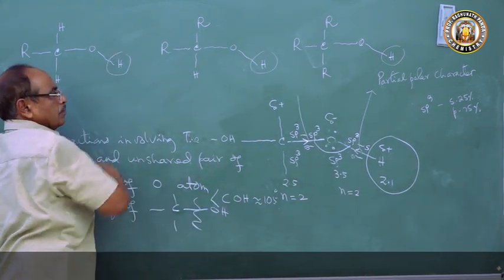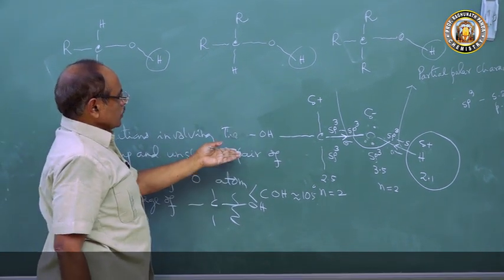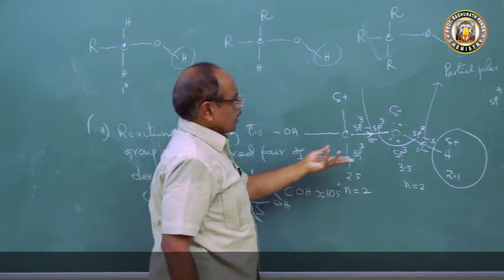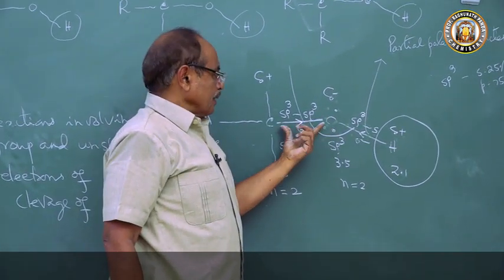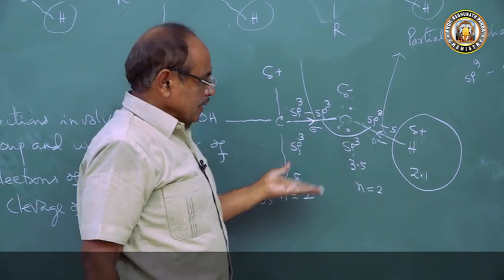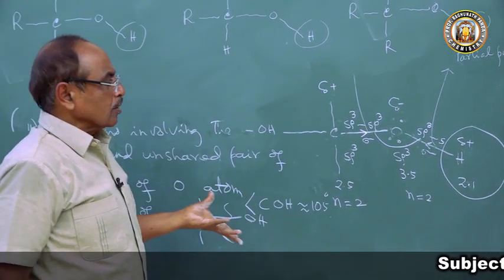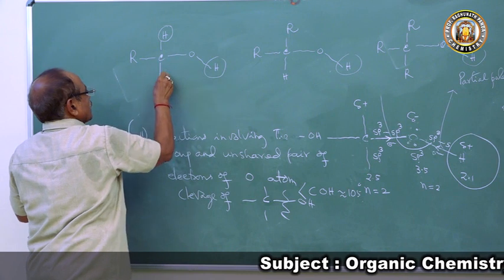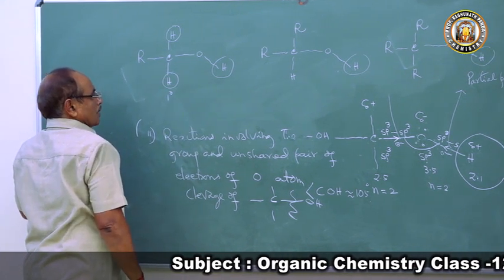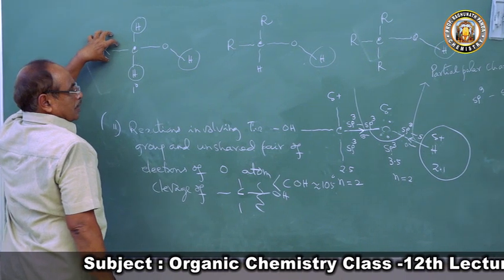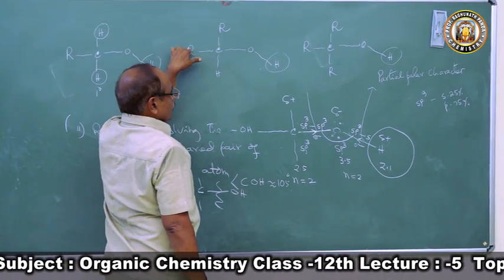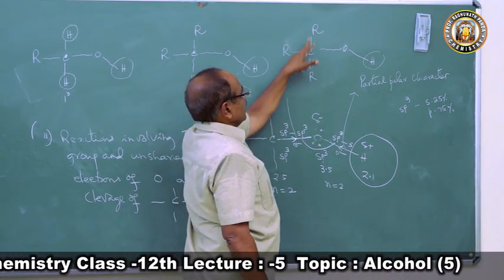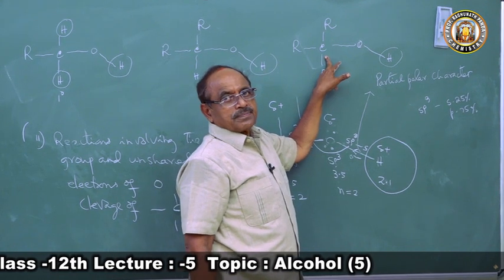So the OH hydrogen is common to all alcohols, so reactions due to the hydrogen atom will be there in all alcohols. Then all alcohols have the OH group and the bond is polar, so reactions involving the OH group will be in all alcohols. But in primary alcohol there are two active hydrogen atoms and one alkyl group. In secondary alcohol, there are two alkyl groups and one active hydrogen atom. In tertiary alcohol, there are three alkyl groups and no active hydrogen atom.